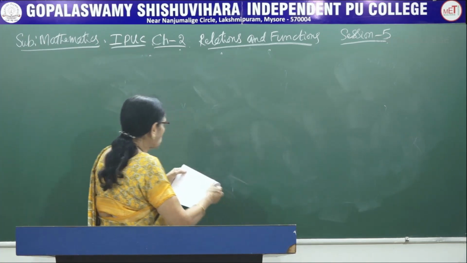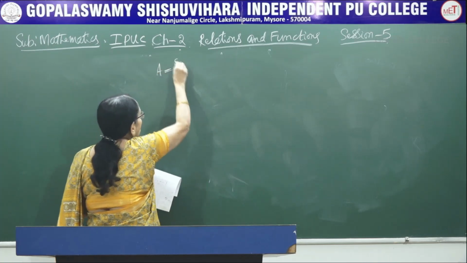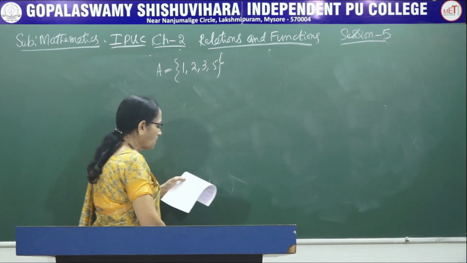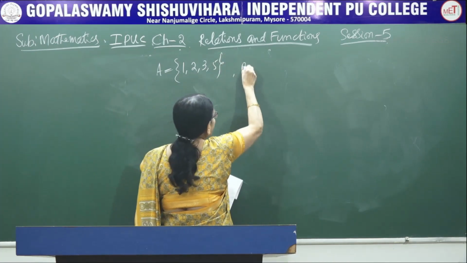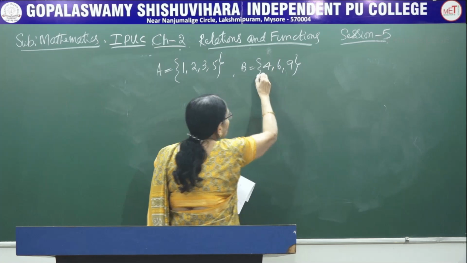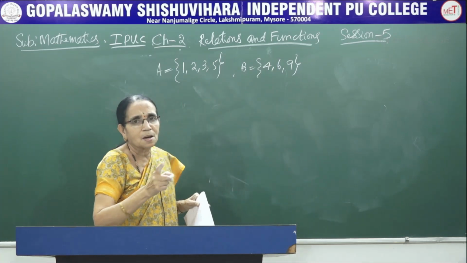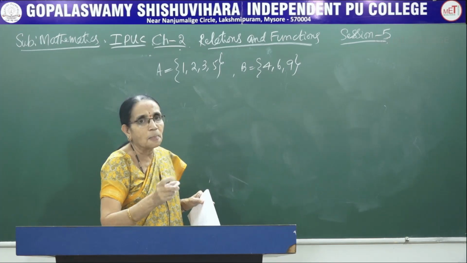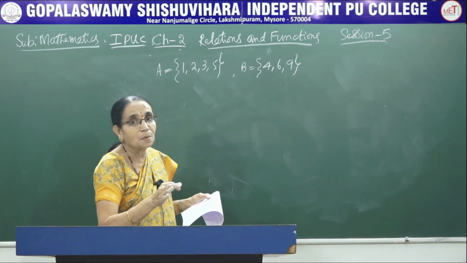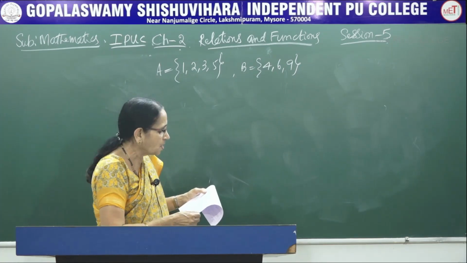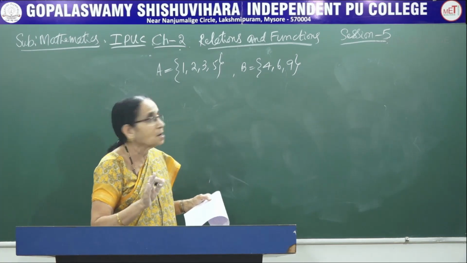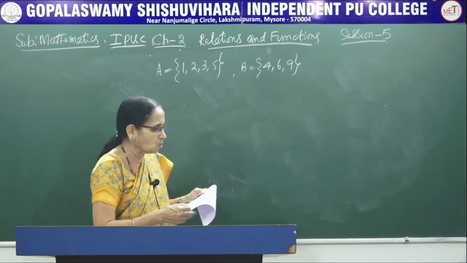One more problem I just want to try. The set A contains 4 elements: 1, 2, 3, 5. Set B contains 3 elements. In all the earlier problems we had only one set, set A, a finite set, in two problems. In the third problem, set N was an infinite set, but the number of values for x was limited. Now I am considering two different sets. The first set has 4 elements, the second set has 3 elements. All of them are natural numbers only.